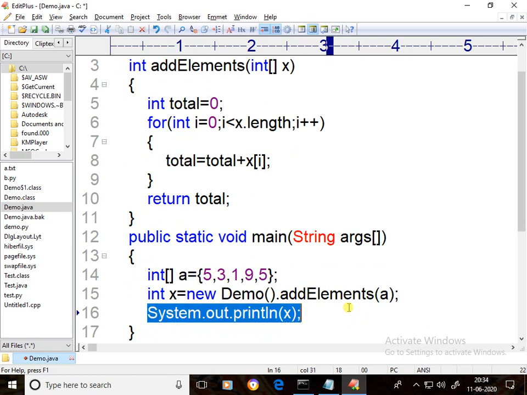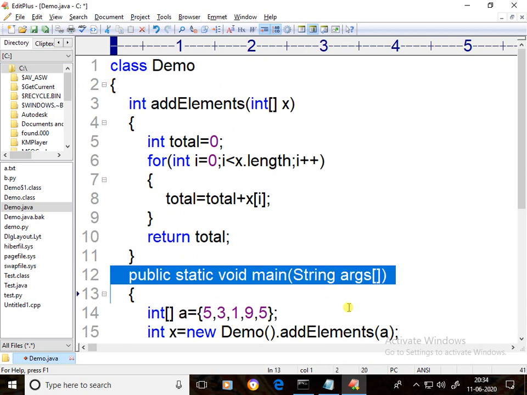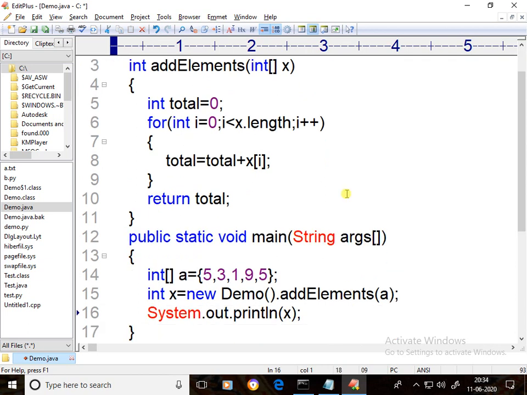Now how it is going to be executed, I will also explain with a diagram. See, the Demo class is loaded, open brace executed, main method called, open brace executed. Here a 5 elements array is created. See the diagram.